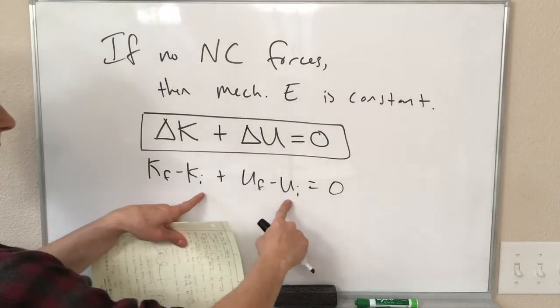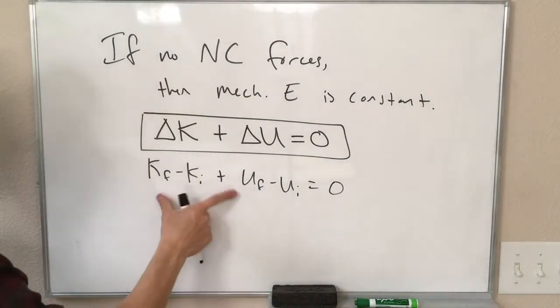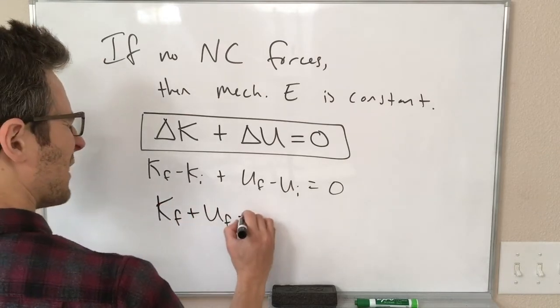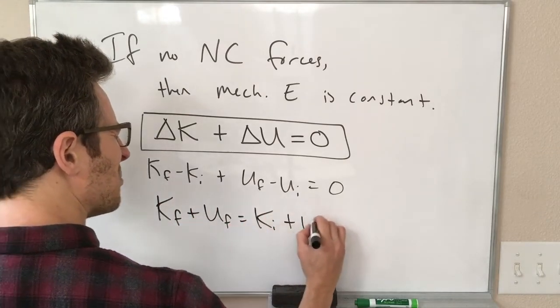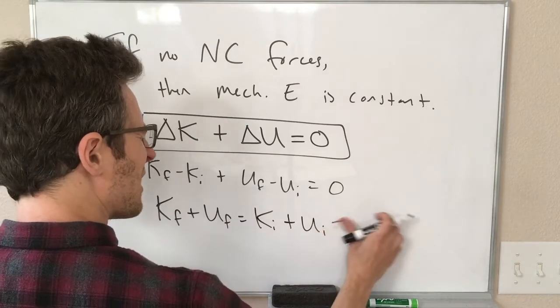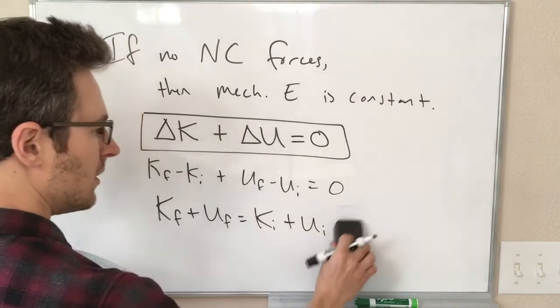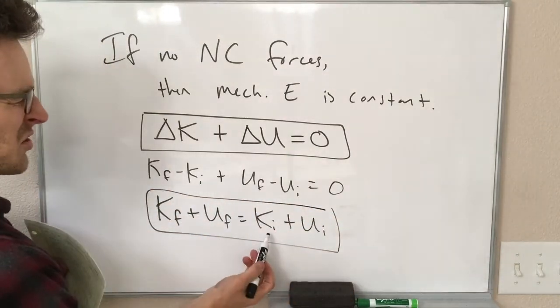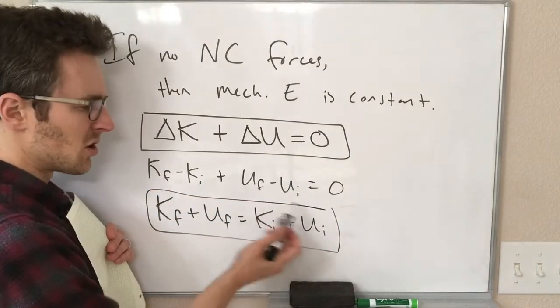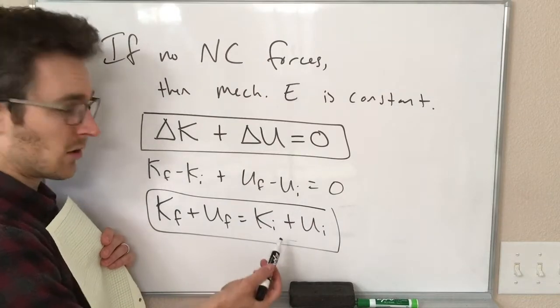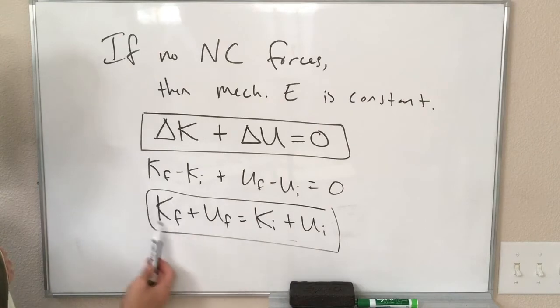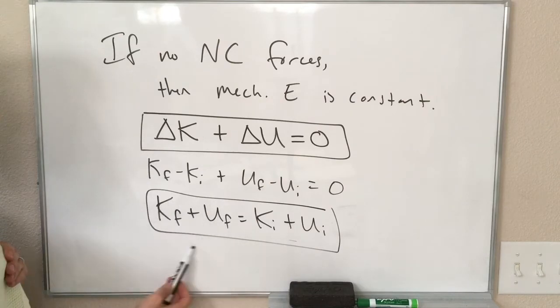And if we add these initials to the other side and leave the finals on the other side, we get K final plus U final equals K initial plus U initial. And I think this is kind of an easier equation in some ways to see what's going on, right? The initial kinetic energy and the initial potential energy, this is just all of the energy we start with in our system. K final and U final, this is all of the final mechanical energy that we end up with